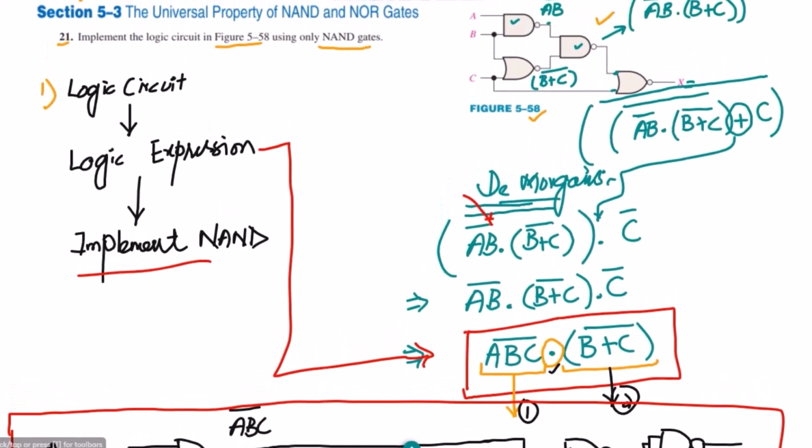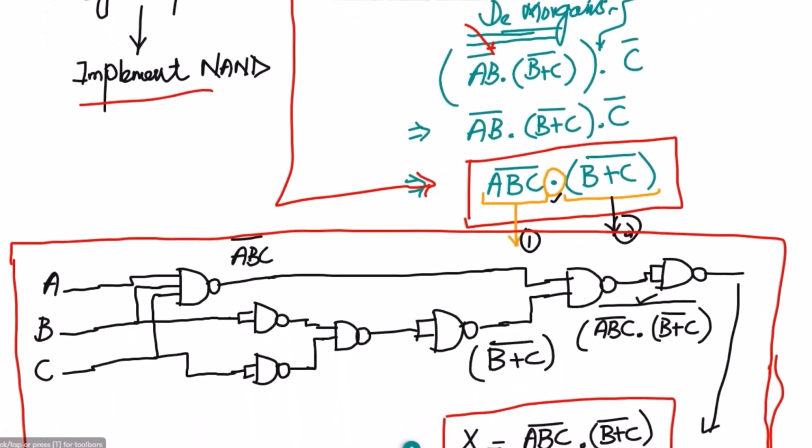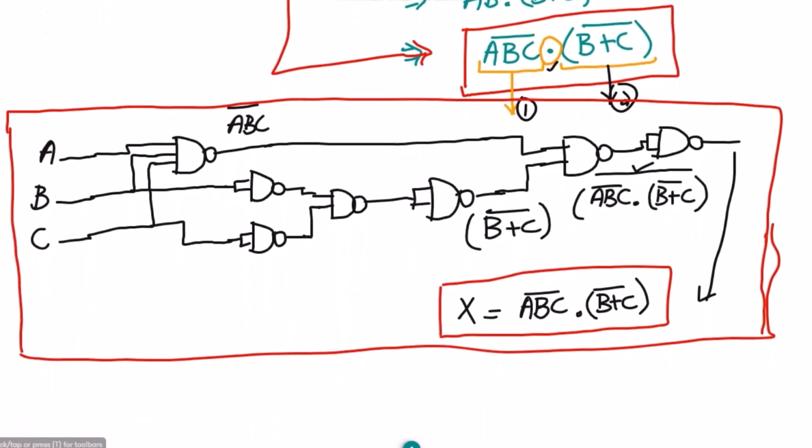Okay, so the steps will remain the same because we have found the logic expression from this logic circuit, and then the only step that will remain is the implementation of it by using the NOR gate. Okay, so I think it's enough for today, and I will see you with some more interesting questions